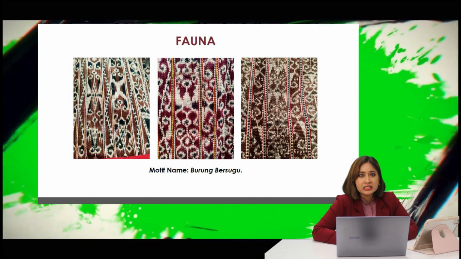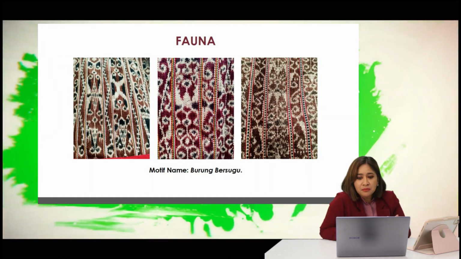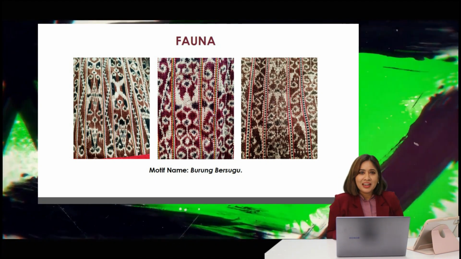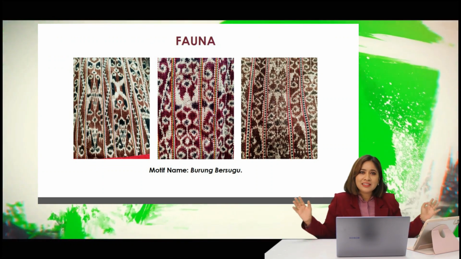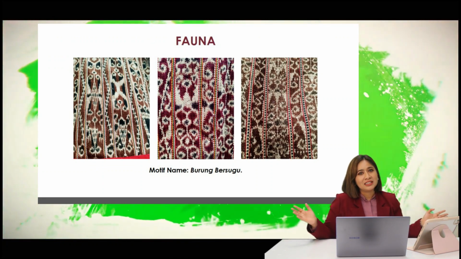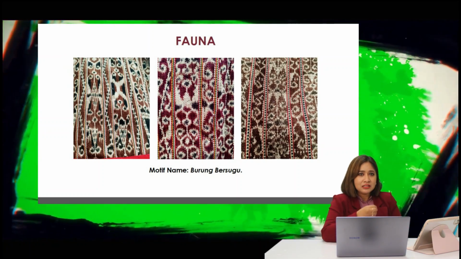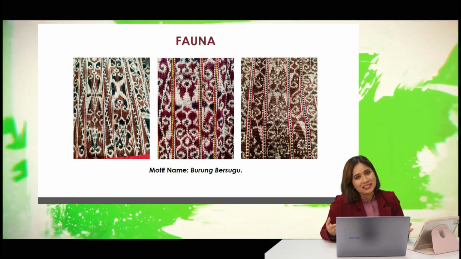And you can see here, this is the motif named as burung bersugu. The motif of birds shows the activity of birds cleaning themselves. Kalau tengok dekat sini kan motif ni, kita akan nampak bahagian wings dia. Istilah burung mana yang tak ada sayap ni kan, bahagian badan dia dan juga bahagian kepala. So this motif is widely applied to the Pua Kumbu textile. Ladies and gentlemen,